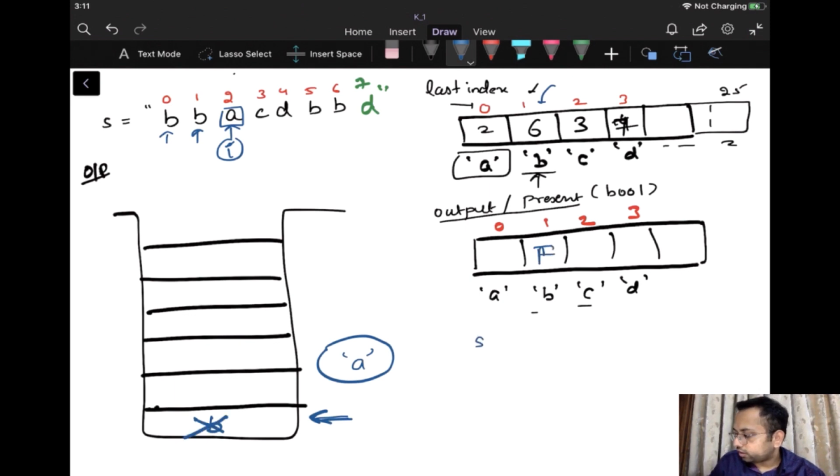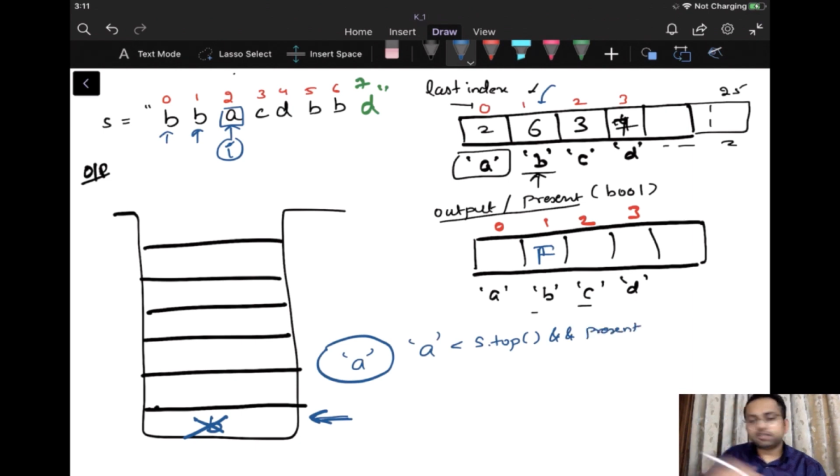So I checked the character that we have on the top, right? Whether this character is greater than the character A or not. If that character is greater than A, I need to check whether it is present at a certain index which is greater than the current index. If so, I'll remove that element because that character can be considered later on. Now the stack is empty, so I'll insert A and mark it as true. B has been marked as false.